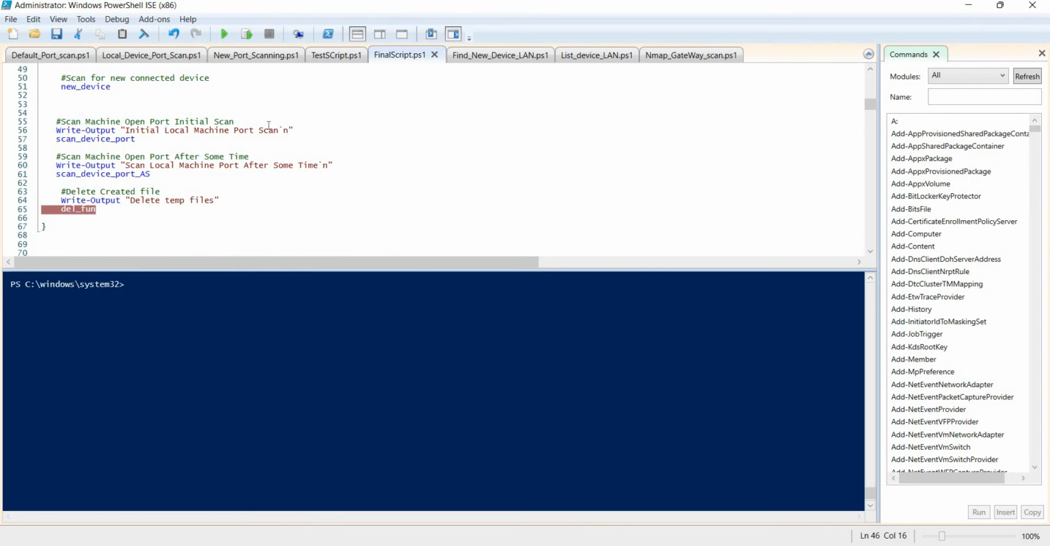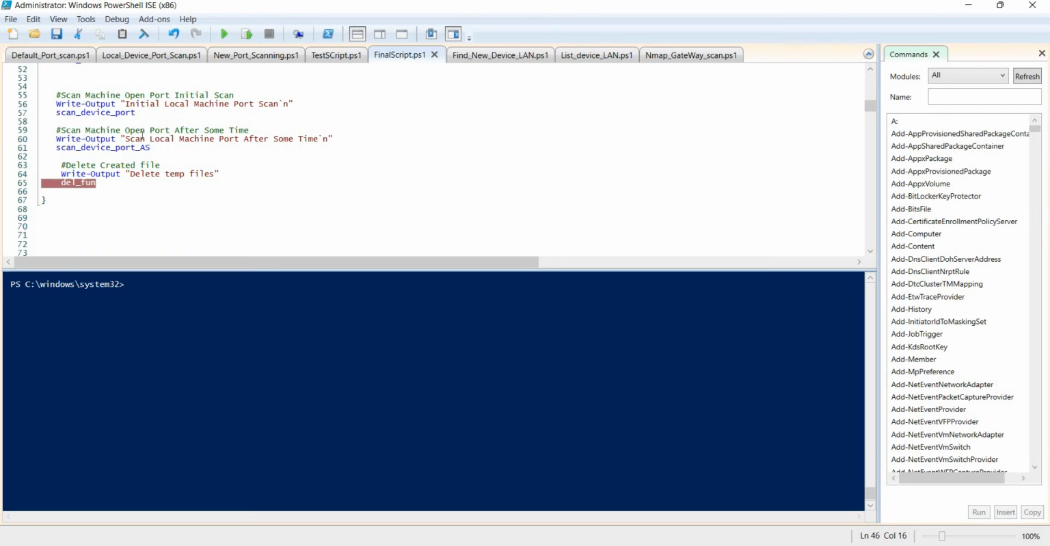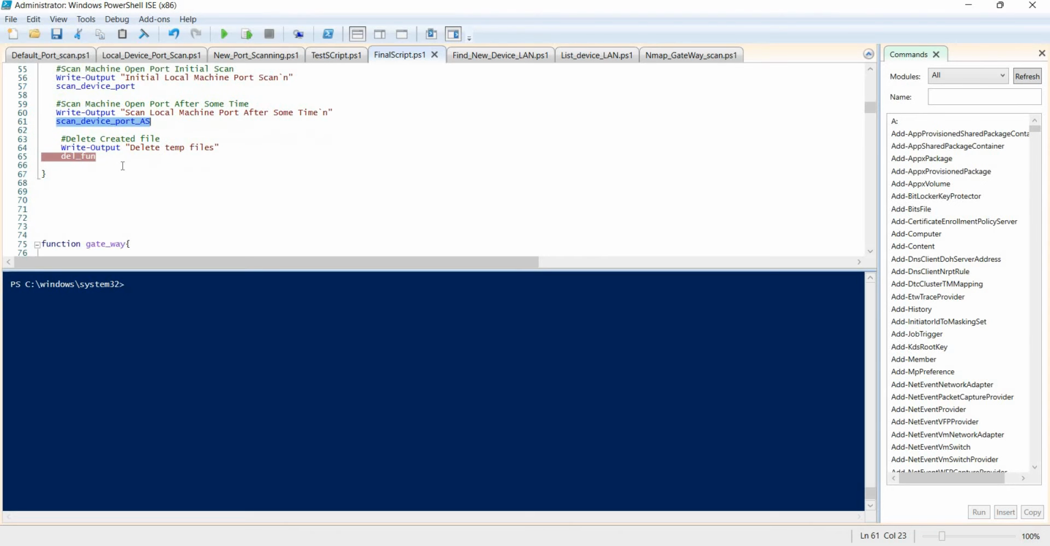Here, this is for the initial port scan. When the machine boots up, at first it will scan this port, and after some time, if a new device is connected to the network, then it will run the second scan here, scan local machine. After some time it will show us the pop-up notification as we saw in the last video, like there are ports open on this machine, it will show us the notification and then